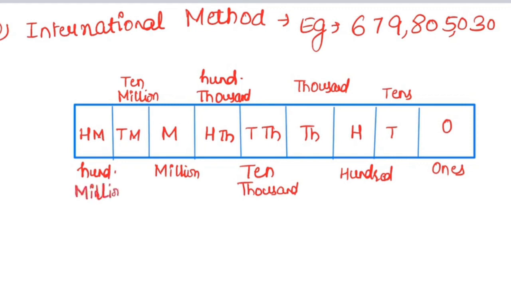In 6th standard we only have to learn up to million, but the next part is billion, which is not important in this class. So these are the columns we have to make, and 3 digits we put in each column. Okay, this is the Indian method, and second is the international method. But you have to understand, in the Indian method we put the first 3 digits, then 2 digits, then 2 digits like this, and in the international method we use commas after every 3 digits.